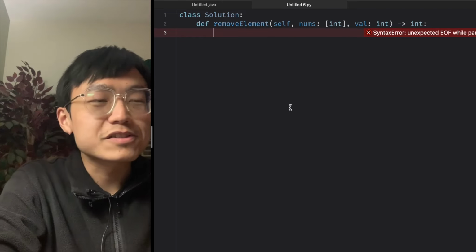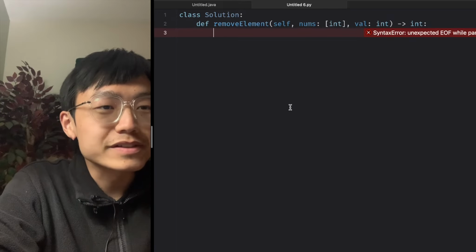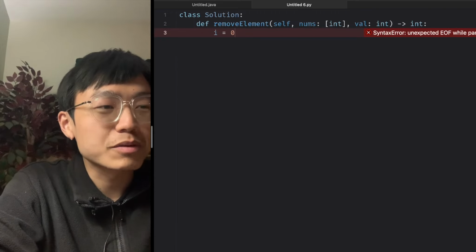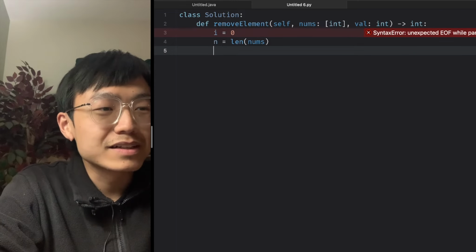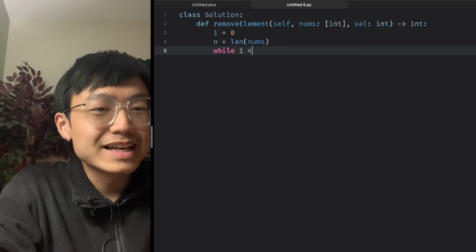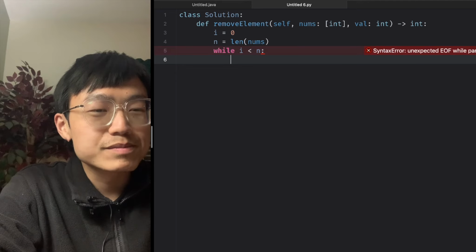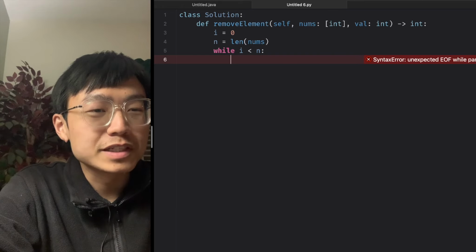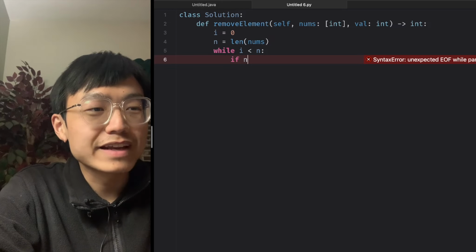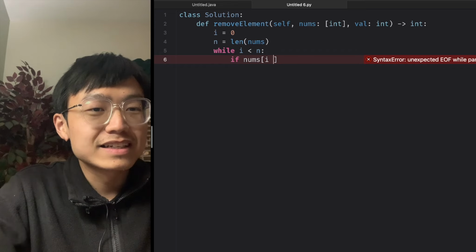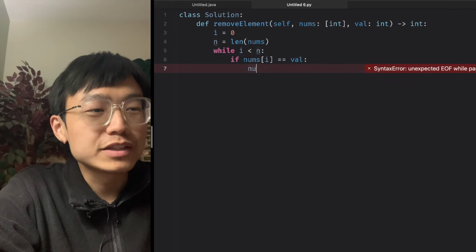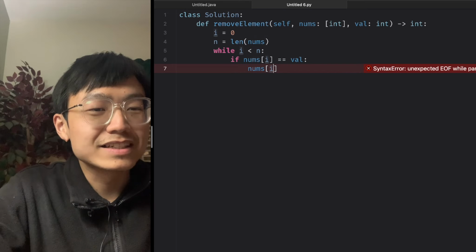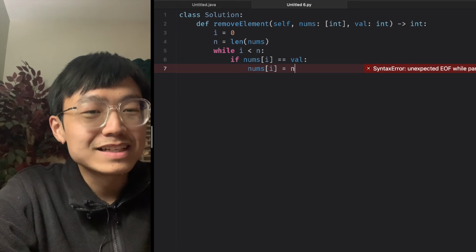Let's try to achieve this in Python. First, we need to initialize i starting from 0 and n starting from the end, the length of nums, and while i is less than n, before they meet, because i increments and n decrements. If nums at i is equal to val, that means we need to move it to the end,